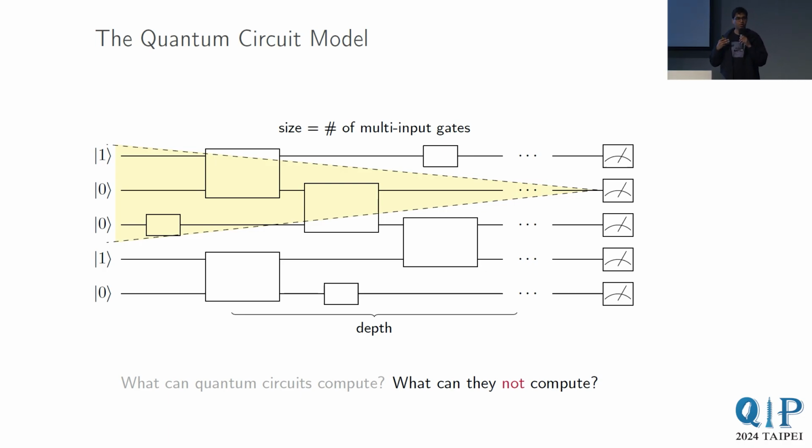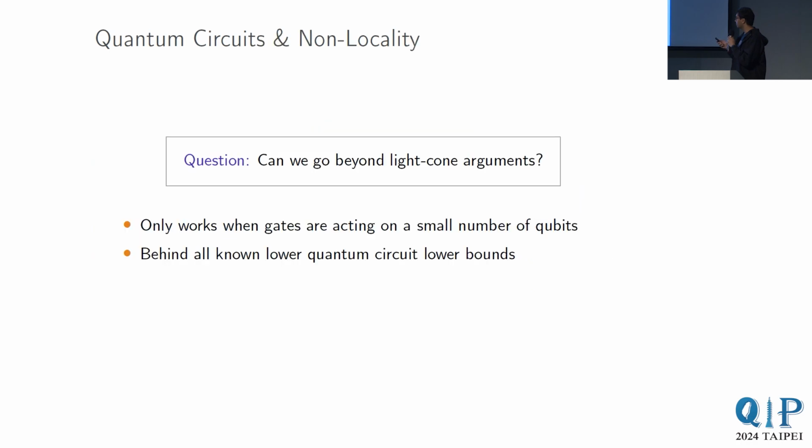Okay, and the only way, in some sense, that we know how to reason about this in order to show lower bounds is the so-called light cone argument. And this is the following really simple insight. Let's pretend that all your multi-qubit gates in the circuit are 2-qubit gates. They only act on 2 qubits. The light cone argument just relies on the following simple fact that if you have a depth D circuit, and you want to focus on some output qubit, then the number of input qubits that influence that single output qubit is at most 2 to the D, because each multi-qubit gate only acts on 2 qubits at a time. So this is a really simple argument, and in some sense, this at least to us felt like this was the only trick we had to analyze these kinds of